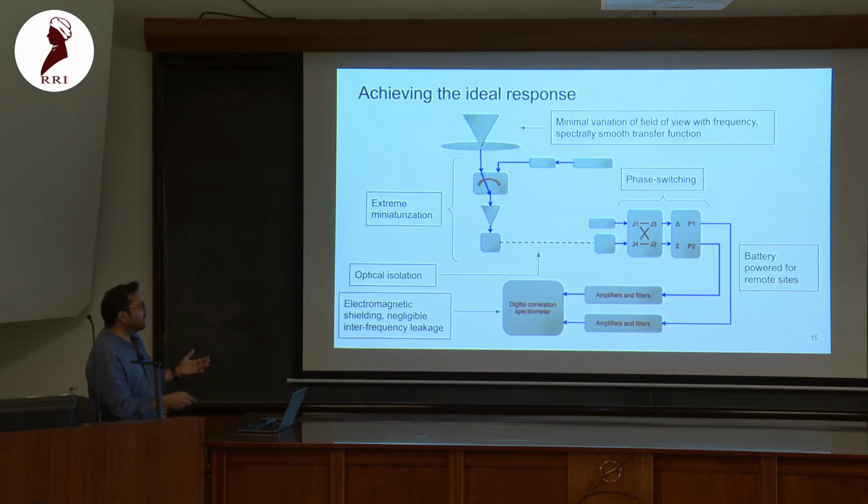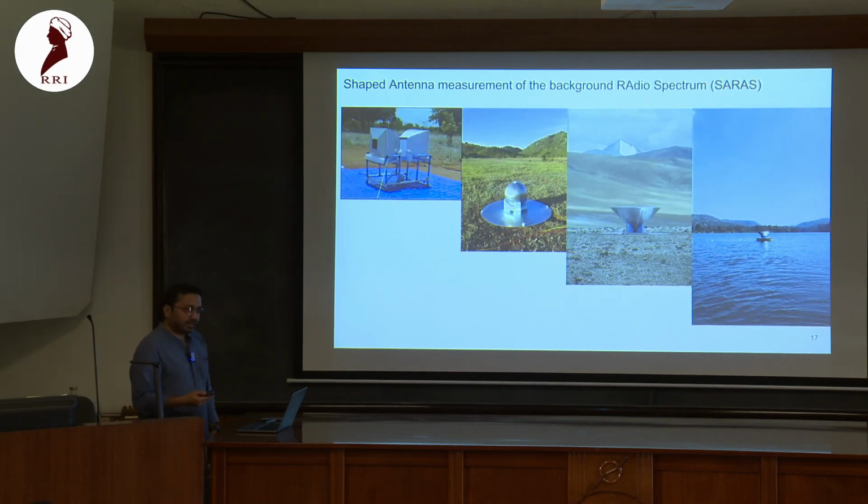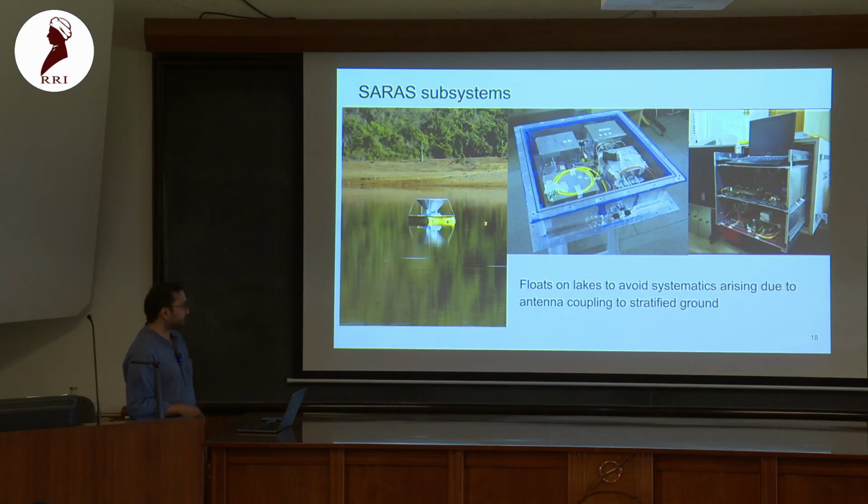So based on this scheme, we have basically come up with a design that's shown here. And it's not really the first and definitely not the last. It has its own series of evolution starting off around somewhere in 2010 where we had a dipole antenna. This was in Gauribidanur. And since then, a lot of changes have happened, a lot of optimization has gone in to improve our calibration, from dipoles to monopoles, change in observing environment, and so on and so forth. And right now, the final state, SARAS-3, is what it's right here.